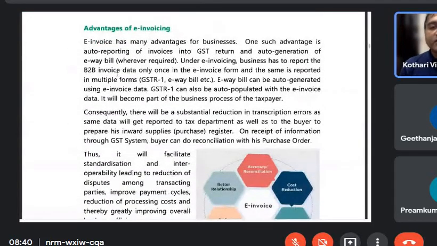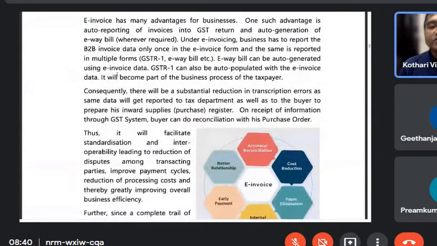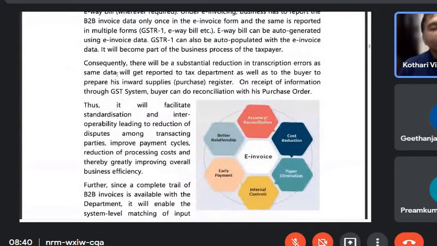So what is the advantage of generating this e-invoice? The advantage is accuracy and reconciliation. Today, the biggest challenge for every businessman in GST is getting the ITC. Why is getting the ITC a challenge? The ITC can be claimed only if the opposite person files the GSTR-1. Now, if the opposite person is not filing the GSTR-1, then it will not be reflected in the portal of the registered person and he cannot claim it. From 1st January, that rule also has been changed. So now what happens is,